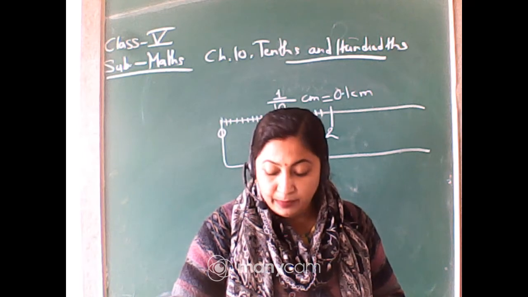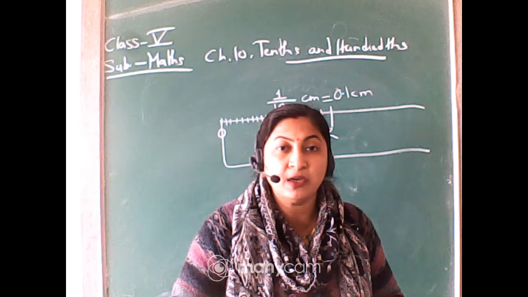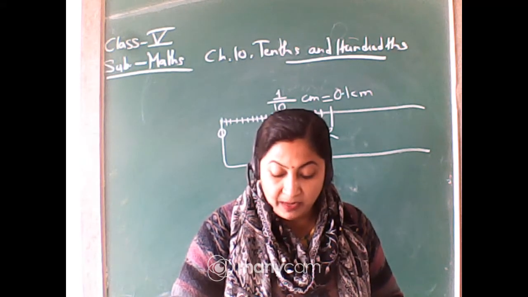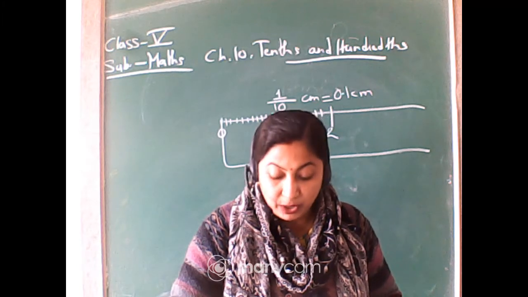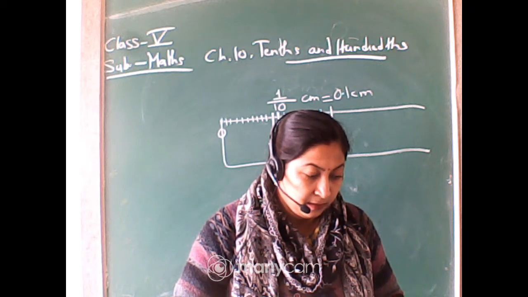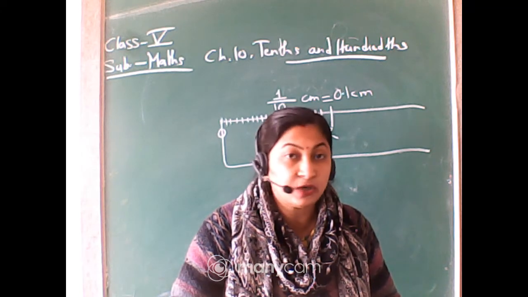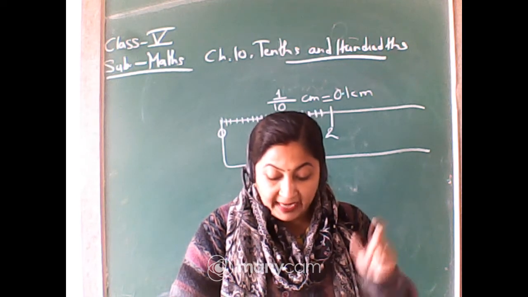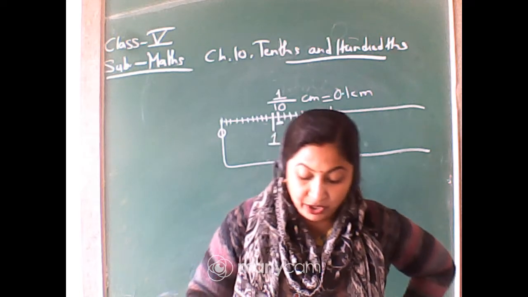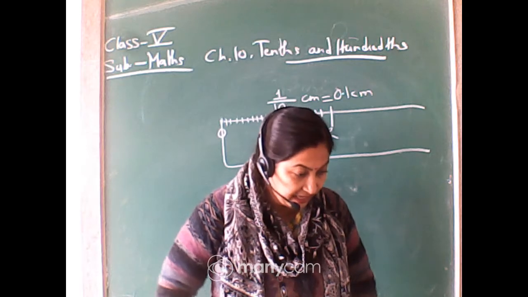See, I am 3 millimeters long. Now the ant is saying I am 3 millimeters long. Look at the picture very carefully. Why is it written 3 millimeters, not 1.3? Can you tell me? The ant is between 1 and 1.3, isn't it? So why is it not written 1.3? Why is it written only 3 mm? Write in the chat box.